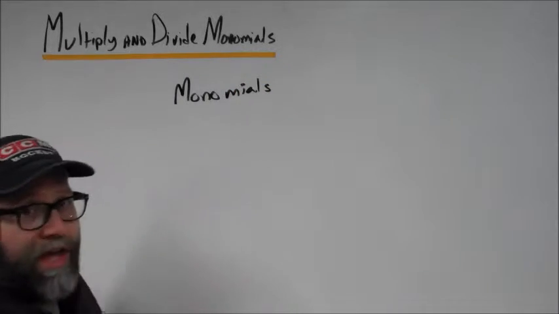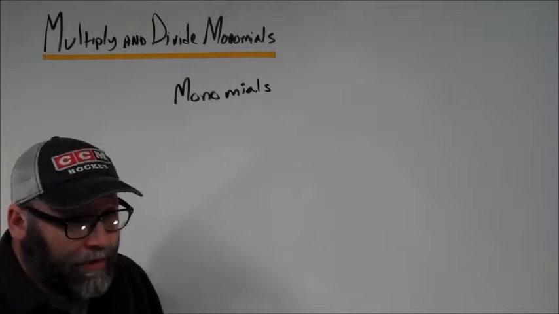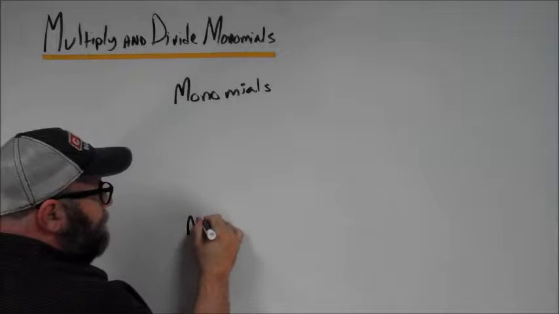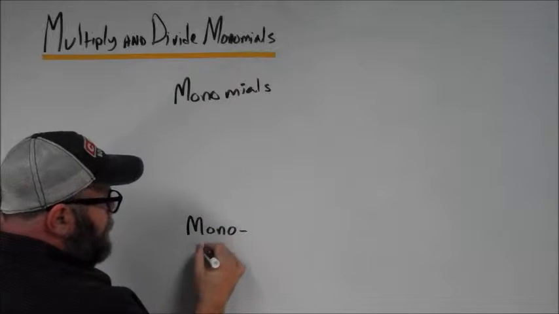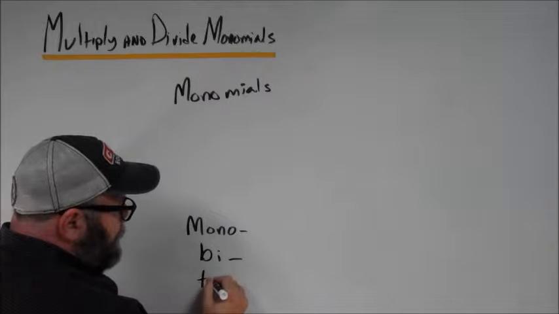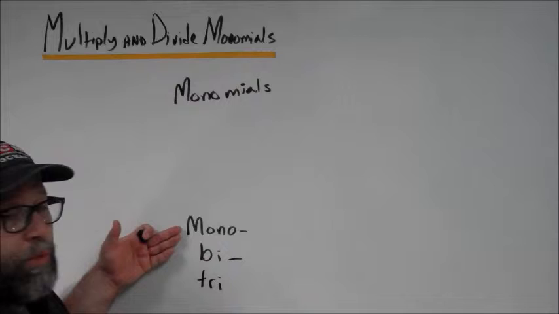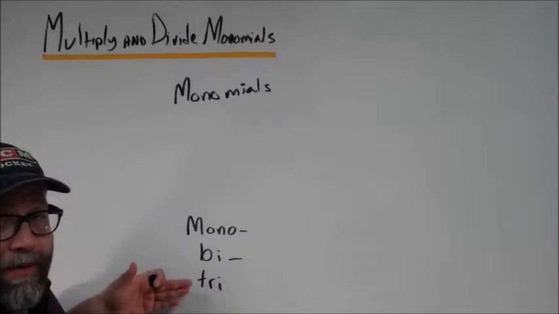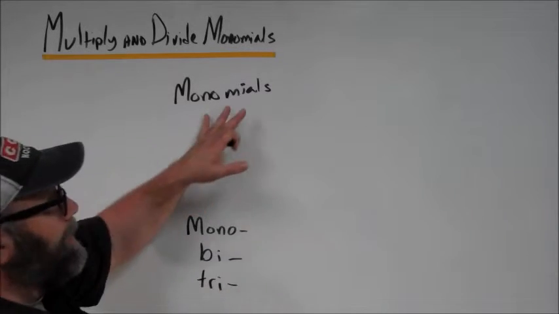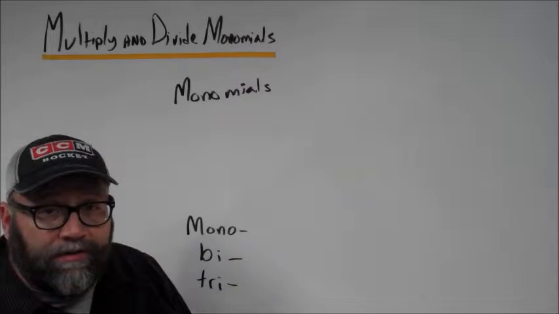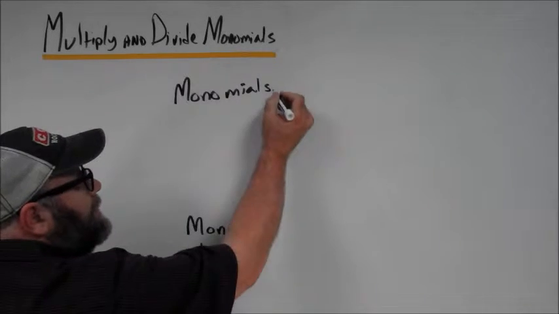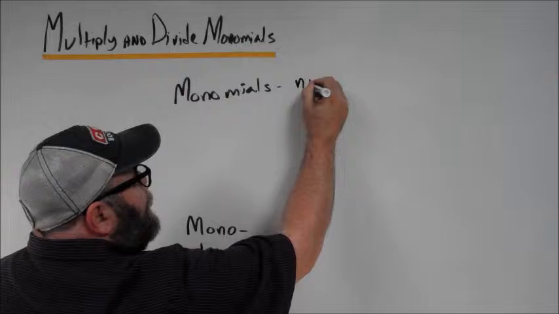some of you have probably jumped ahead of me if you remember your Latin prefixes, right? We've got mono, bi, tri. Mono means one, bi means two, tri means three. Monomial is a very simple thing. It's the way we describe a number,